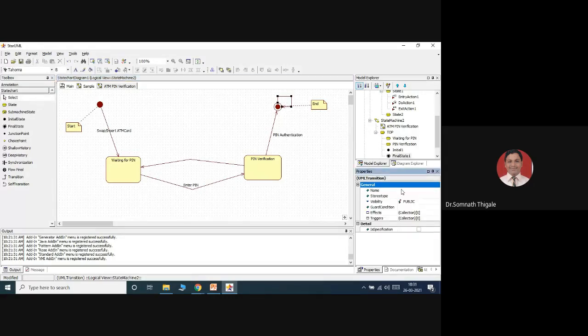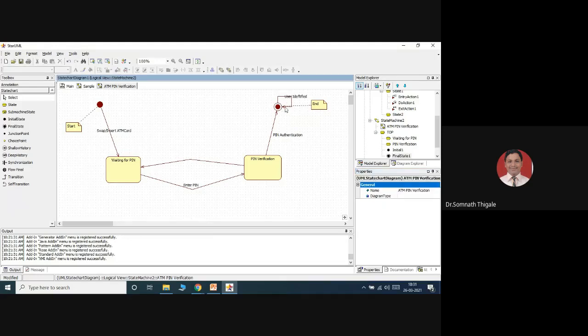user identified. I'll call it simply user identified. This end activity means he will be allowed to go for the next transaction. What could the next transaction be? Maybe he only wants to check the balance, he may be interested only in checking the balance, or he may be interested in withdrawing or performing some other transaction.